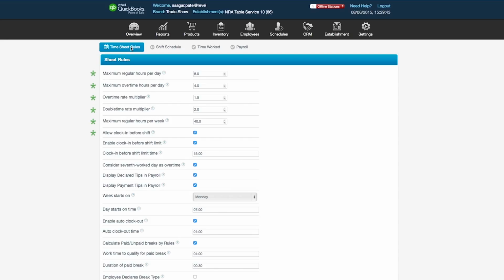This is a great feature. If you allow clock-in before a shift, the employee can clock in but won't start getting paid until the scheduled start time. You can also set a time limit to how early they can clock in. Here, you can set the condition that you only want your employees to be able to clock in 30 minutes